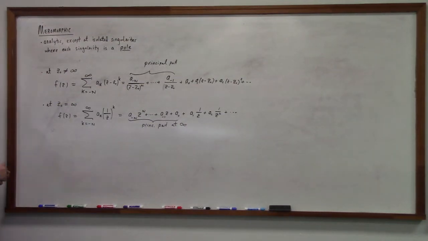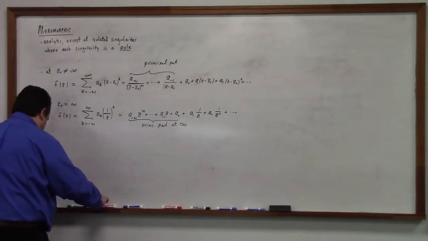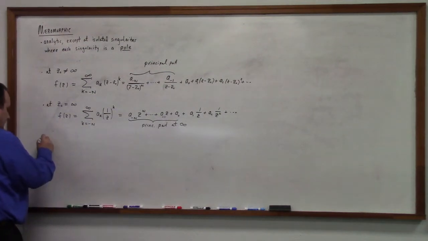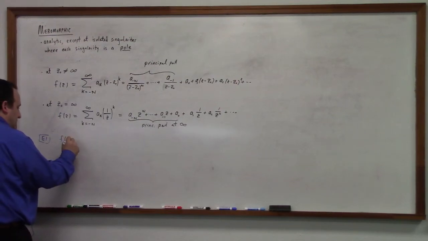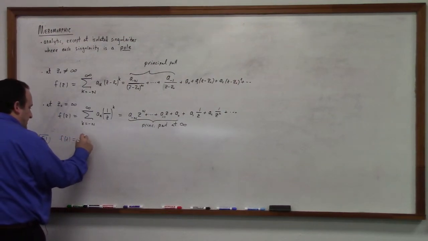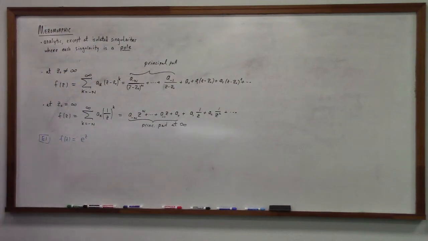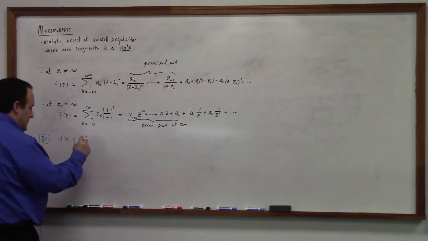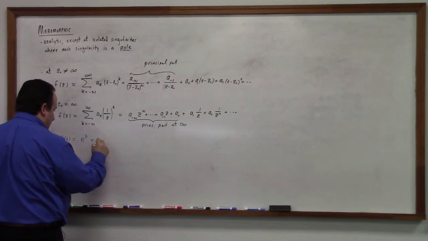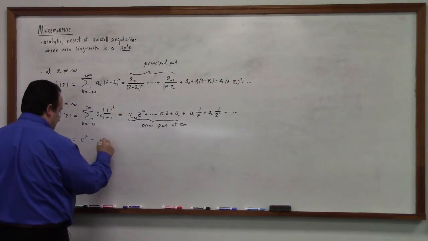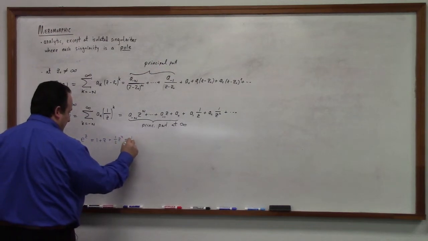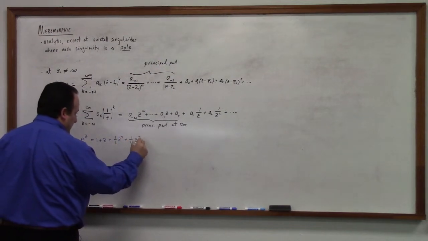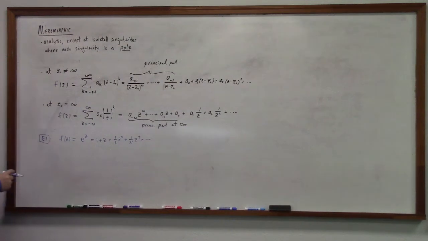So for example, if we look at f of z equal to e to the z, that's a simple enough one, right? This is equal to 1 plus z plus 1/2 z squared plus 1 over 3 factorial z cubed, dot dot dot. So there are infinitely many